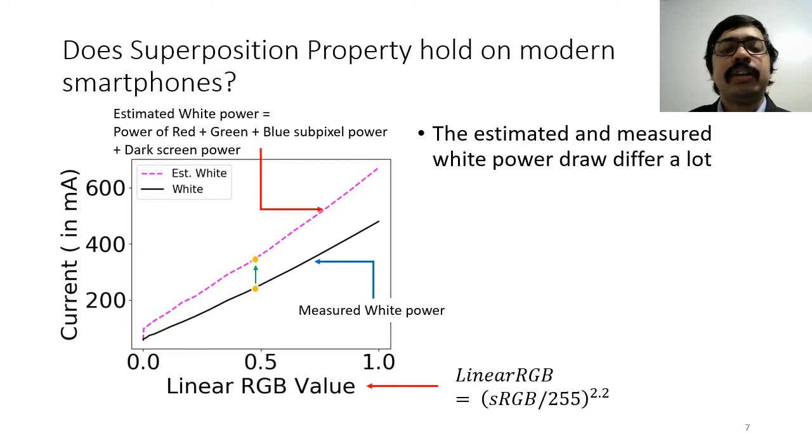We observe a similar trend for the other 3 phones. This prompts us to build a complex model for pixel power as a function of subpixel powers, which can accurately cater for subpixel power dependence.